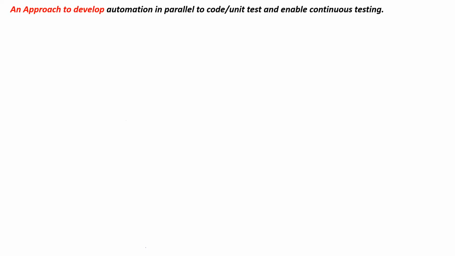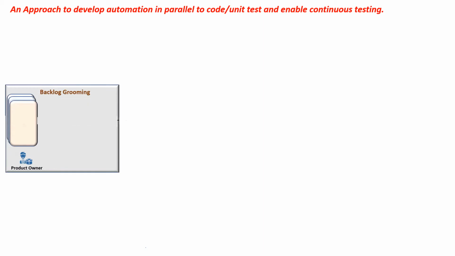Let's see the coevolution of automation with the code and unit test. Automation planning and strategy has to begin during the backlog grooming session where we are working on the applicant feature. Any missing piece will act as an input to the backlog, and then that will further act as an input